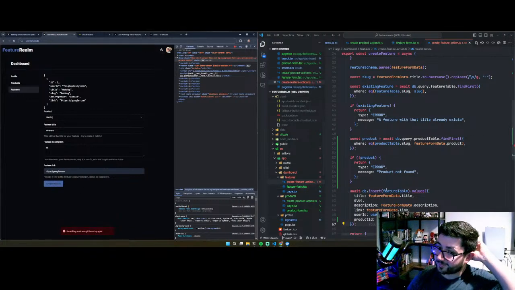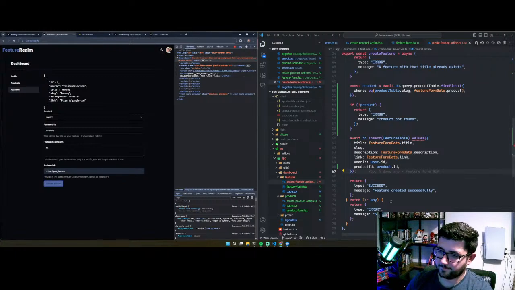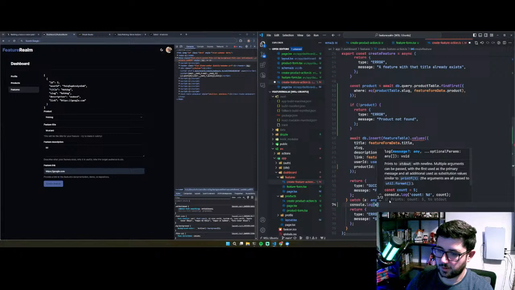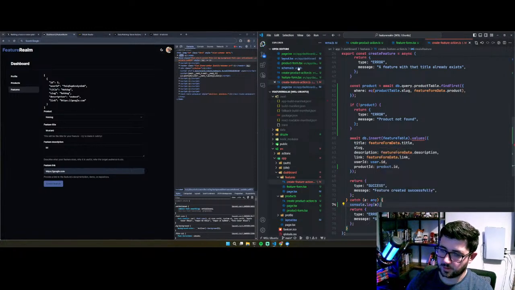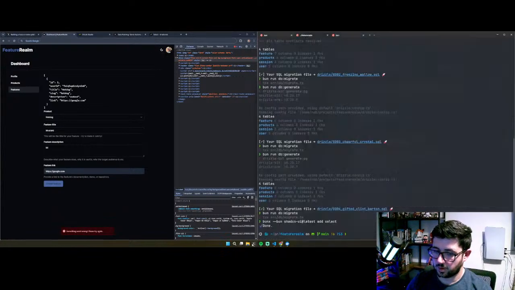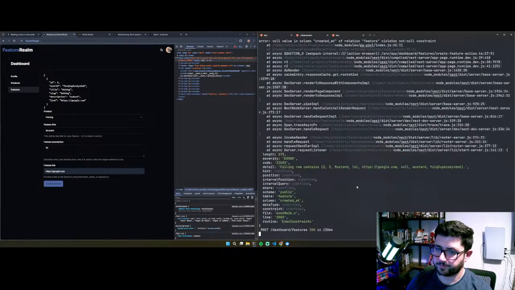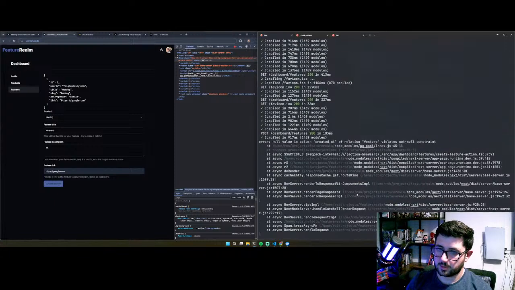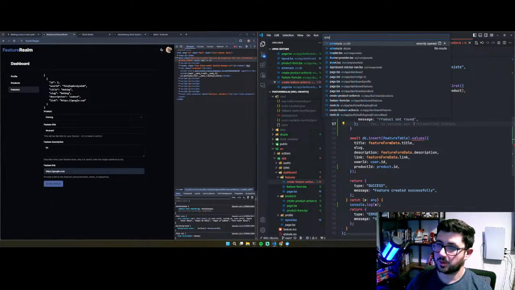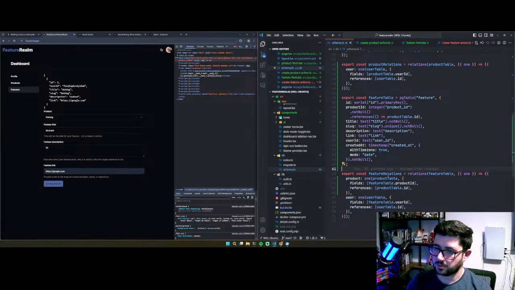Something went wrong, please try again. Let's do this. And click that button again. Pop on over to our terminal, which will be here. Failing row contains 2, 3, must be and so on. Oh, I think I've messed up the schema again. Schema.ts. Okay, and in here,